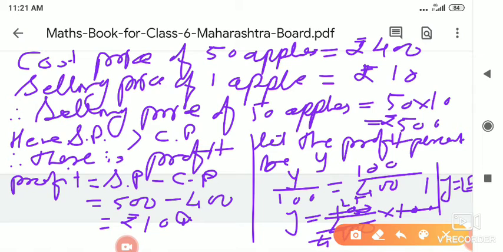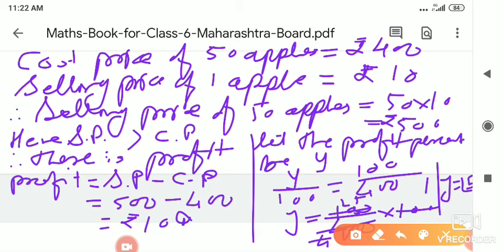Yesterday I sent you the two photos of the solved examples. Today this video plus the screenshot of the solving of this example also I will send you on the group. So all of you note down this example. If you are not understanding, ask me, I will explain you again. Okay, so today we are going to stop here only. Okay, thank you and have a good day.